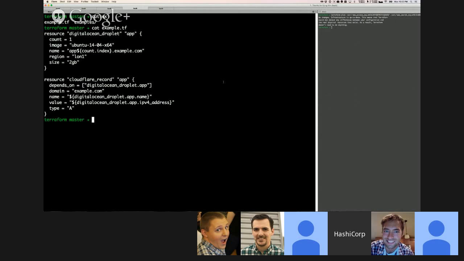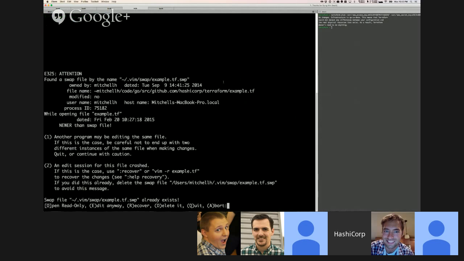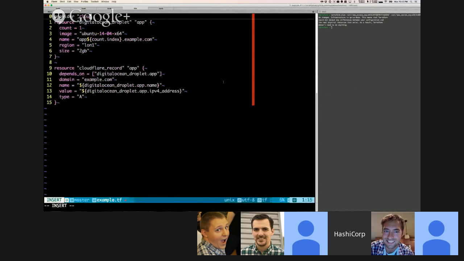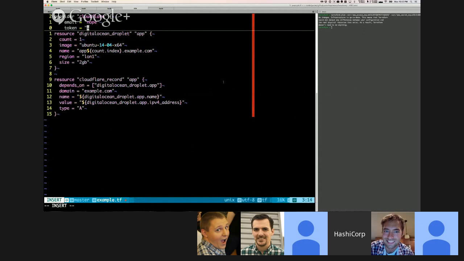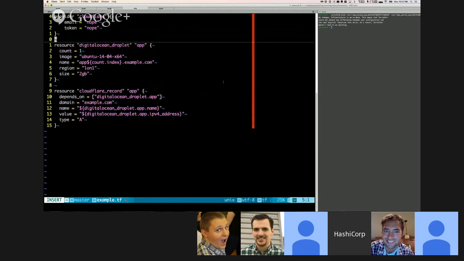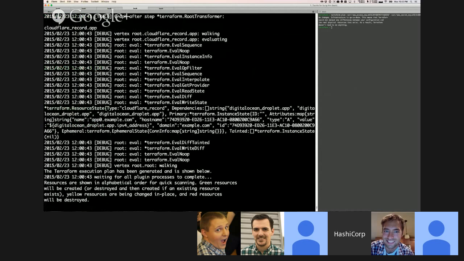Is that good? Yeah. Okay, so I have this example Terraform file. If I do a plan, it's really annoying. I'm just going to fill that in. I don't need it to succeed, I just need it to run. So basically now the plan works, but if I put a log in front of it,